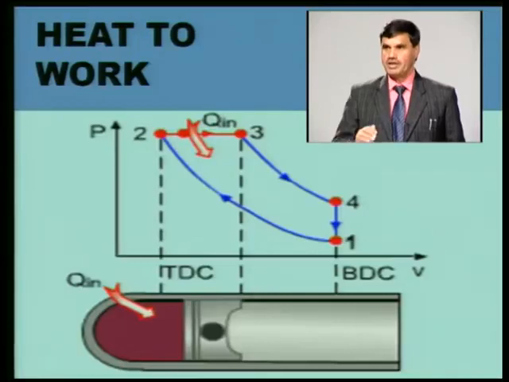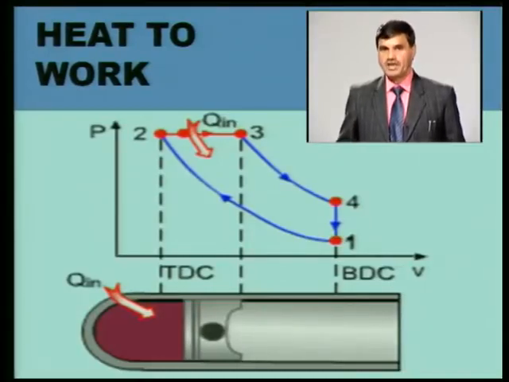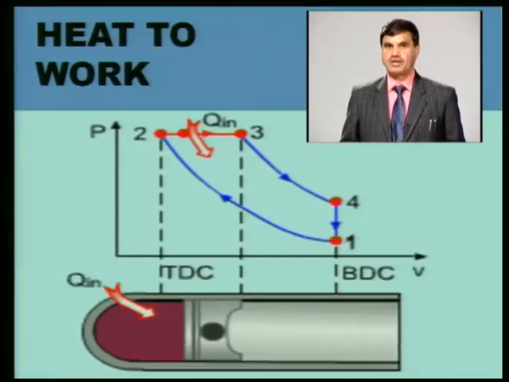If you remember in earlier slides when I was explaining the heat addition process, the isotherm, in that case I was saying when heat is being added, the temperature inside the cylinder is constant. Here the process is different. Here when heat is being added, pressure remains constant. When pressure remains constant, this type of heat addition process is not reversible. The meaning of this is that the amount of heat which has been added, 100% has not been converted into work, because some of the heat has been lost in irreversible happenings inside the cylinder.